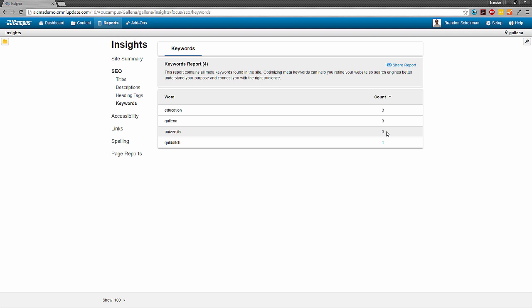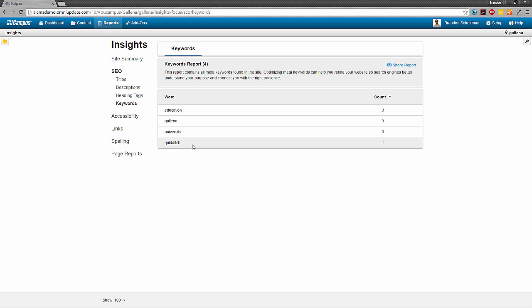So you want to make sure that you have a nice wide variety of keywords, but also you want to make sure that there's not duplicates or synonyms thrown around as your keywords. You want to make sure that your keywords are more or less similar across the entire board. So I wouldn't want something that says university and then also have something that says college, for example, or in an instance of certain athletic programs or maybe certain majors in your system.